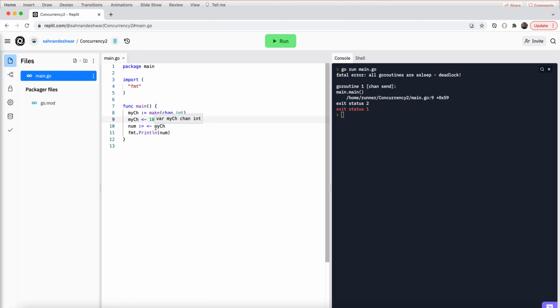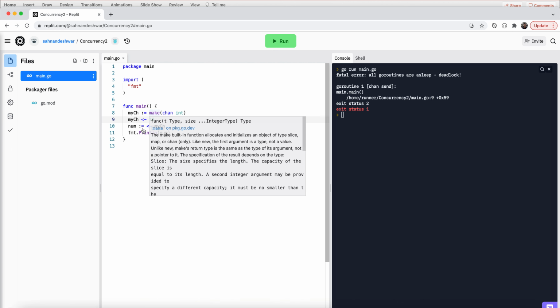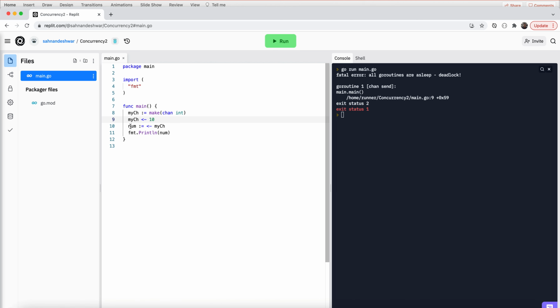So what we have to do, in order to read the data, is turn this into a Go routine. So what I do is go and func. I'm just creating an anonymous function here,